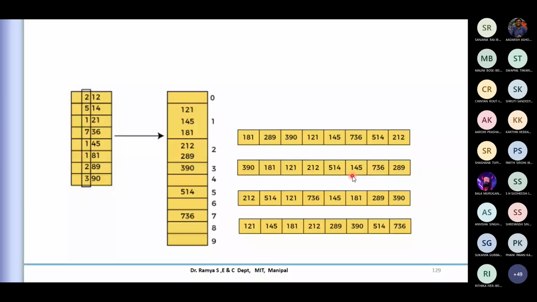So it depends on the radix or base. If it is binary, I'll require only 2 buckets. Here it is 0 to 9, which is basically 10 for us. So it depends on the radix or base system. If it is hexadecimal, I'll require 0 to 15, so 16 buckets, or smaller groups. That is how the radix sort works. So that is the interesting one.